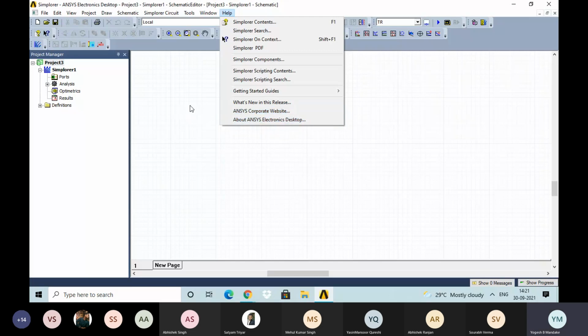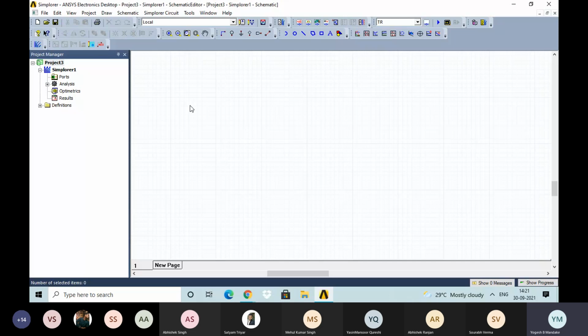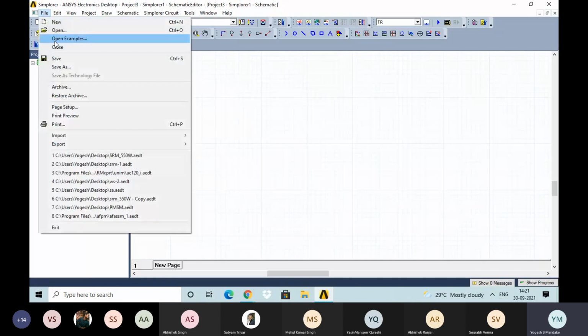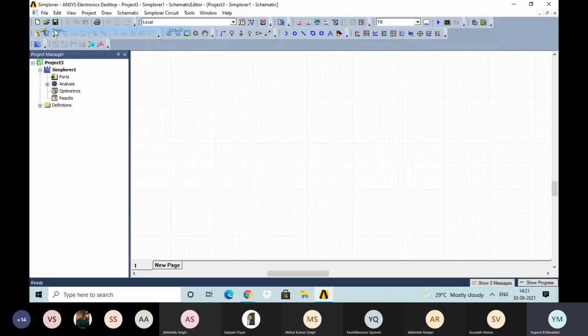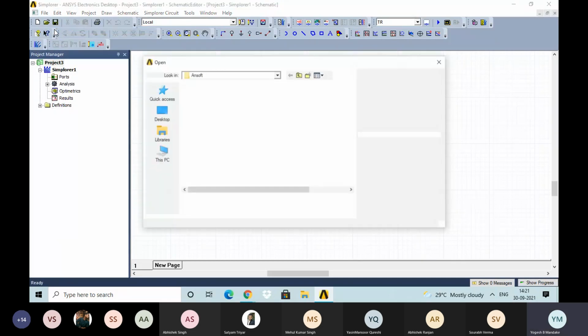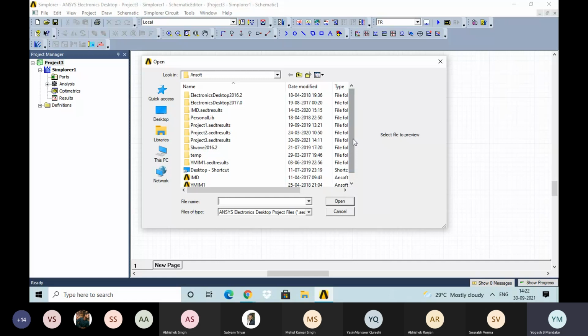But actually as we have discussed, we need to work on the RM expert design, because the main purpose of the RM expert tool is to make the machine design. So for that purpose, right now I will just give the idea about this option. Suppose I want to open the project, so I will just go to open and I will select any one project from my side.